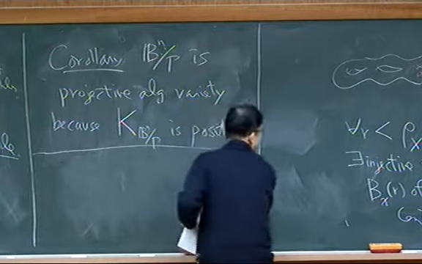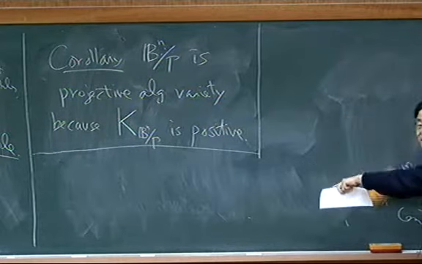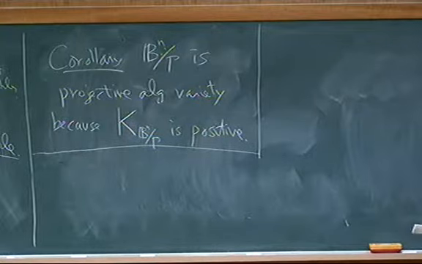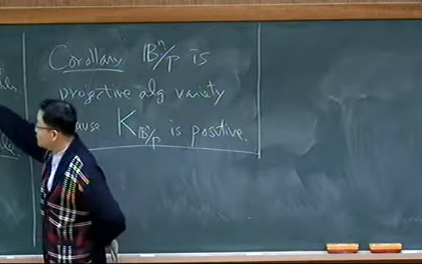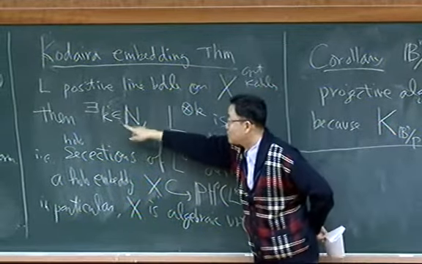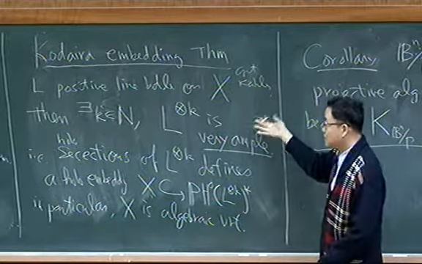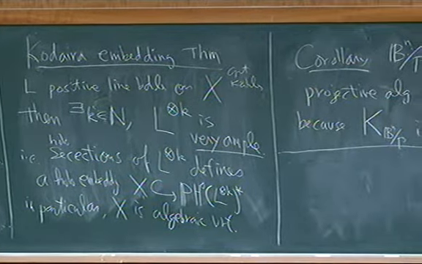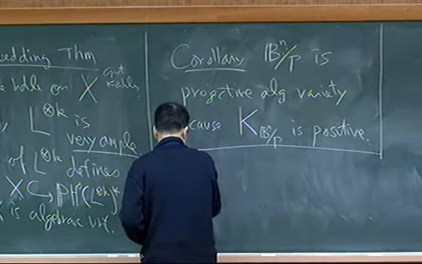Now, the first question one can ask is to make this embedding more explicit. So you would like to really write this down as an algebraic variety. So how to write it down explicitly? That's not easy. The first problem is that in this embedding theorem, this K is not effective. It says that there's some power K which defines it as an algebraic variety, but it doesn't tell us what this K is. And the first result, as far as I know, obtained in this direction was my collaboration with Hwang,